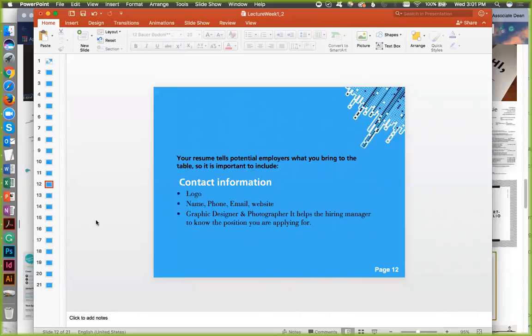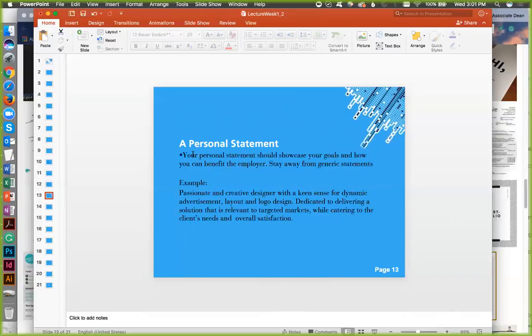Okay? Now, the one thing about your resume, you do not want to put anything in here that does not showcase your graphic design talent, right? So with your contact information, you're going to put your personal statement. It's not going to be about business or about you being an entrepreneur, selling things.